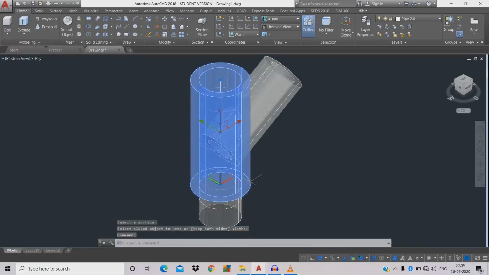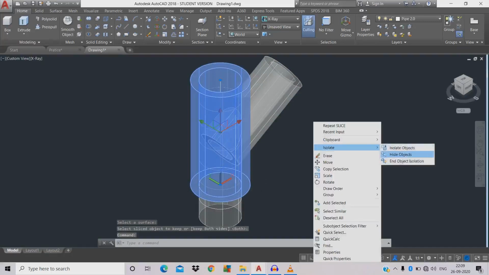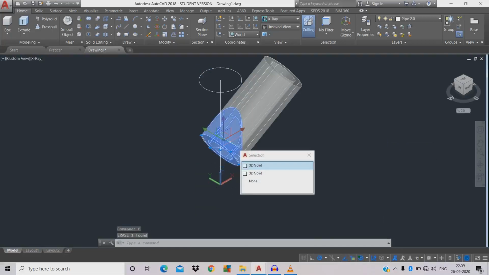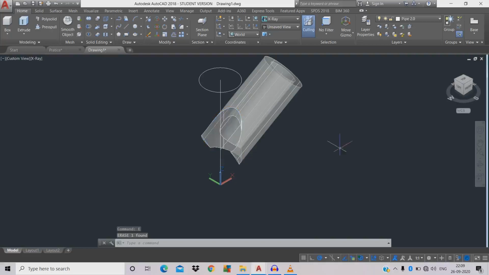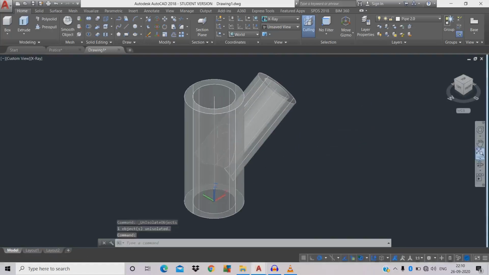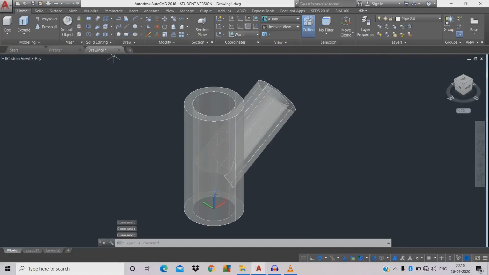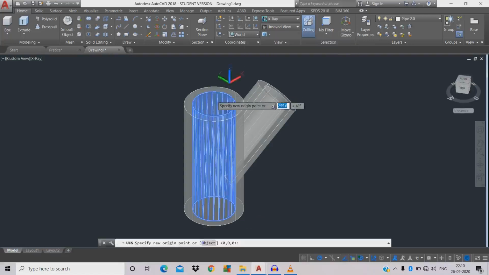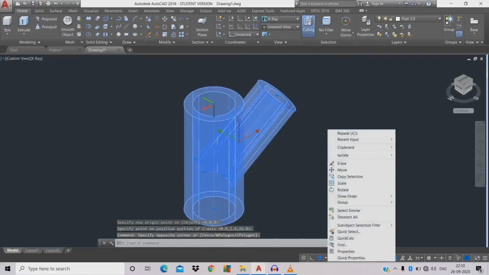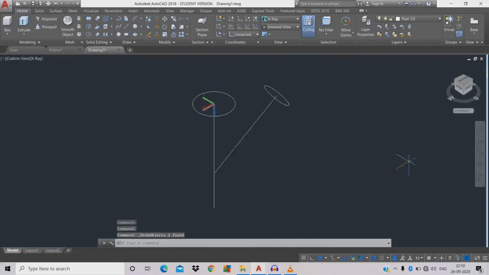Now click the object, right click, go to isolate, go to hide object. Now click the object, E for erase. Then click the object, E for erase. Now the surface has been cut. Then right click, go to isolate, end object isolation. Same, then press the Z axis vector, just press it over here, drag it down, Z axis. Then click the object over here, right click, isolate, hide object. We had hidden the object.